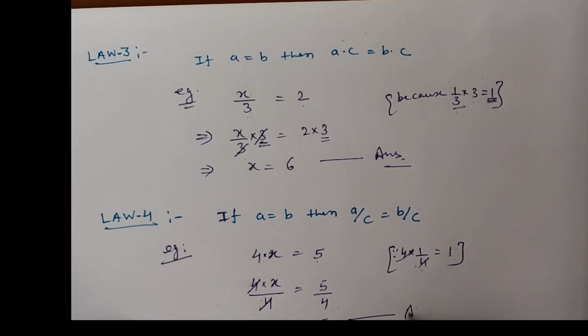This is the solution. So to find the solution of such an equation, we can divide both sides by the same number in such a way that the left side becomes 1. The numbers will cancel each other and it will become 1, and 1 into x will be x. Here you will get the solution, the value of x on the right side. So these are 4 rules. Using these rules we can find the solution of the linear equation.